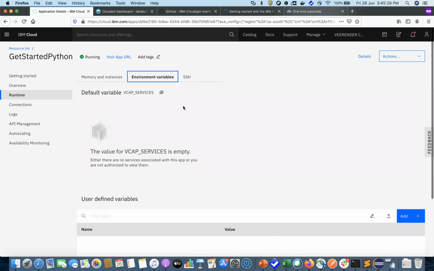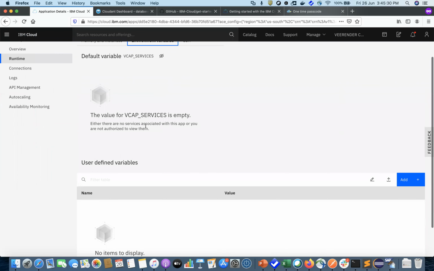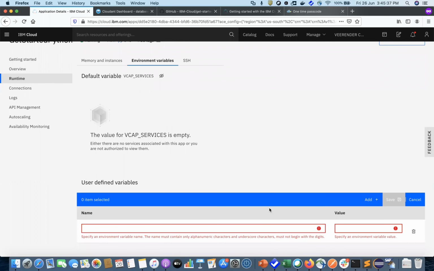Now within this environment variables, you could see the value of VCAP services is empty. You can actually go ahead and add those Cloudant host, which you could see here, right?